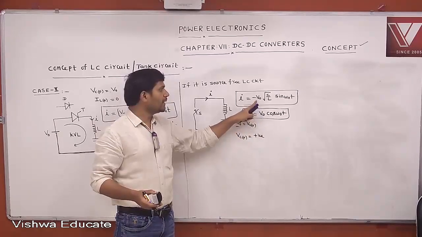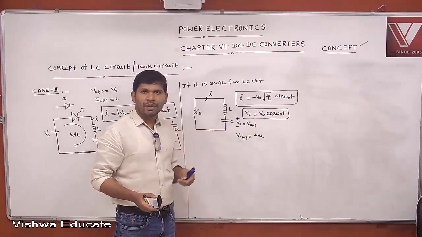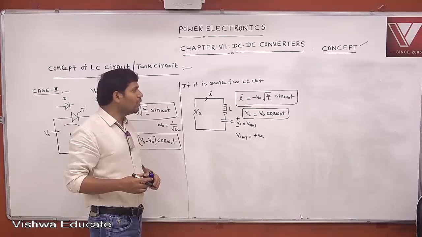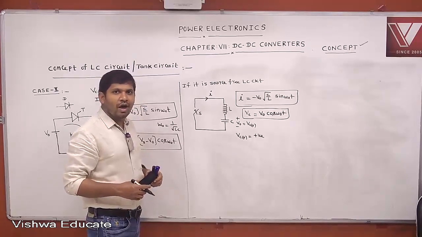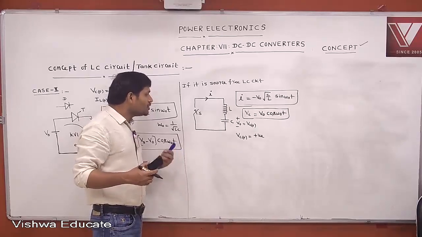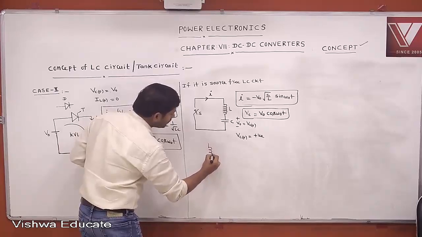Yes sir, this becomes minus of minus plus, plus into minus, this becomes minus. Sir, how to say that? If it is not mentioned whether the initial voltage across the capacitor is positive or negative, how do we say whether it is a positive voltage or negative voltage? For example, if it is an LC circuit,